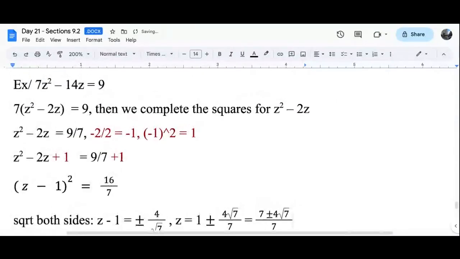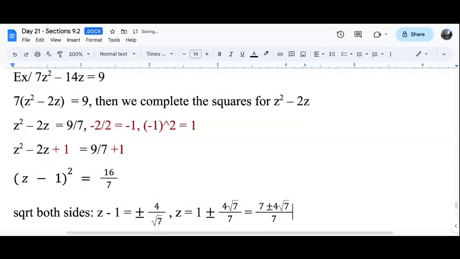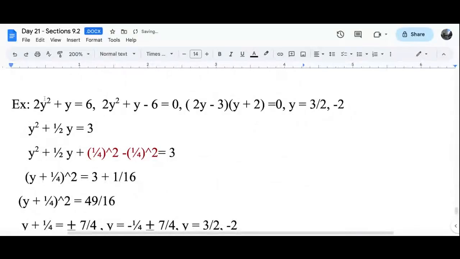Does this example make sense? Anyone has any questions? Anyone has any questions? Okay, let's see this one. Let's see more. See this example. Right? This example, there's only y. So what do we do? We factor out